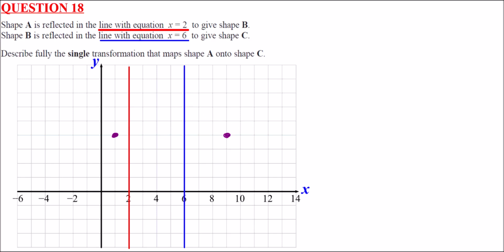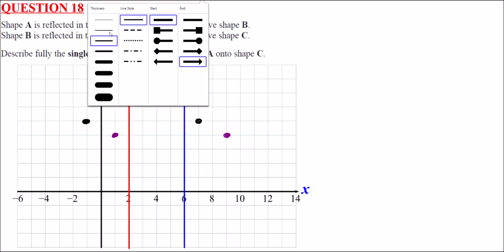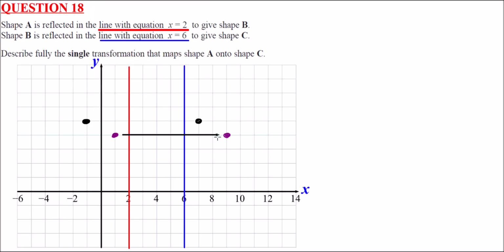If you're unsure, you want to try a different point, be my guest. So if I were to take, let's say, this point here, where x is -1. If I reflect this in the red line, 1, 2, 3, 1, 2, 3, like so. Reflect it in the blue line, 1 away on this side becomes 1 away over here. So we go from here to here. Again, what's happened? You can see in each case, and in fact any case you would consider, we're moving 8 units in the x direction. So all that would happen to this shape is it's going to be a translation 8 units to the right,